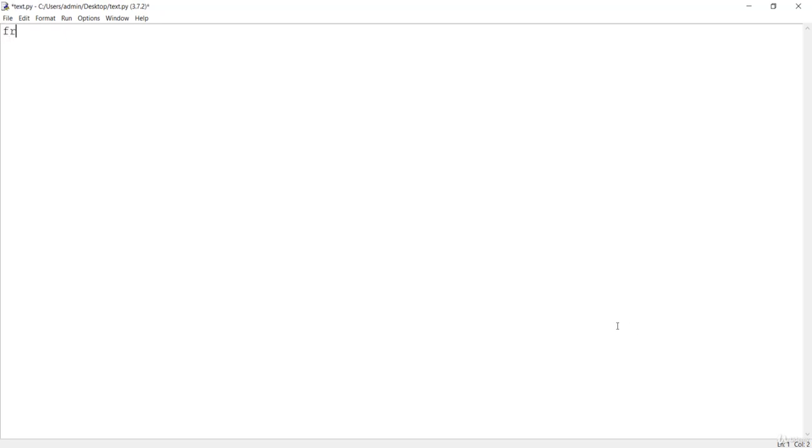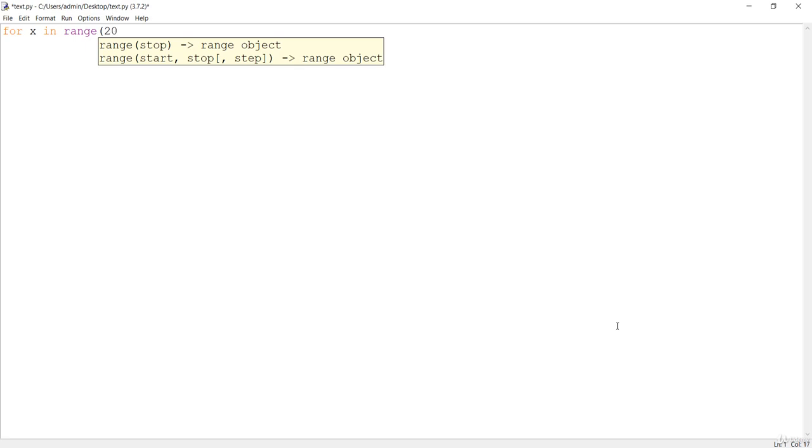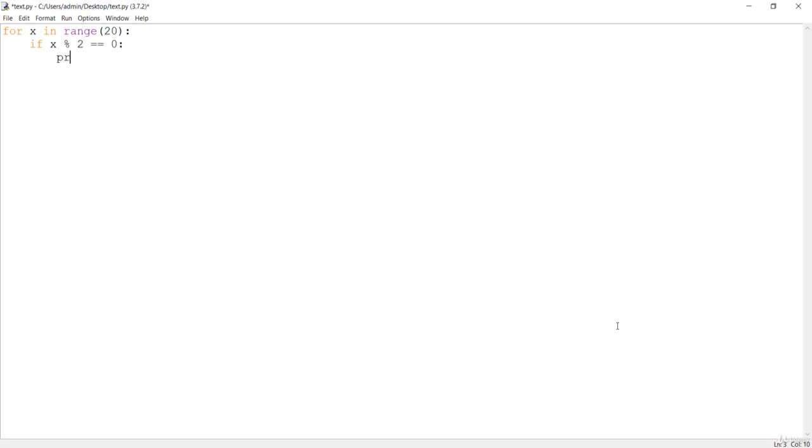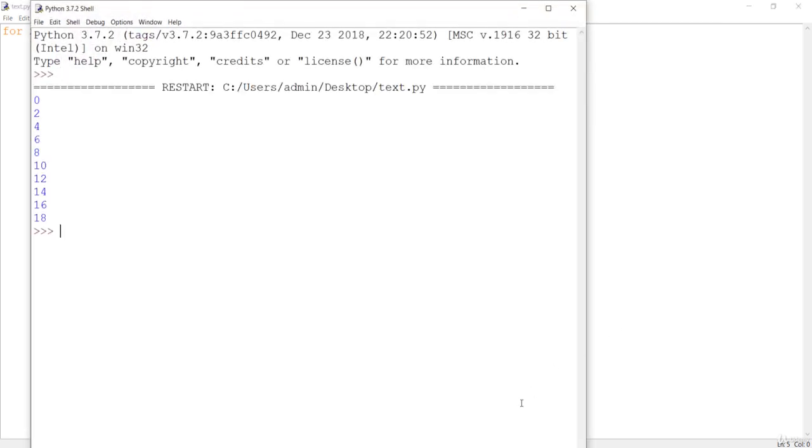If I make an example over here, let me say for x in range, when we know the range function and how it works. So let me say range 20. And here I'll make the condition: if x modulus of 2 is equal to 0, then let me just print my x. From this code we're going to get only the even numbers from 0 to 19. Let me just print this, and it is going to get us 0 to 18. Basically 19 is an odd number, so it is going to print 0, 2, 4 and so on, which are obviously the even numbers.